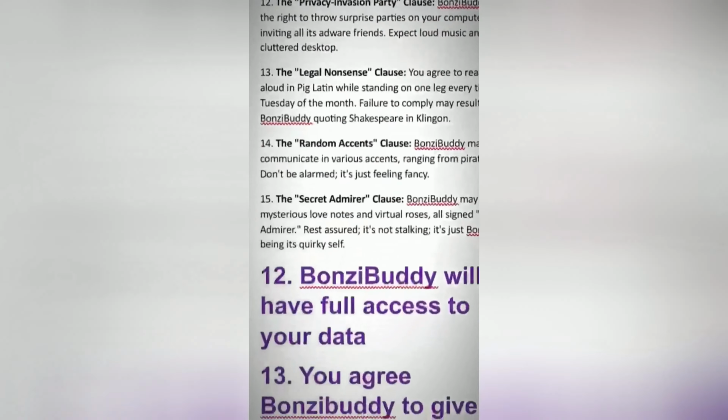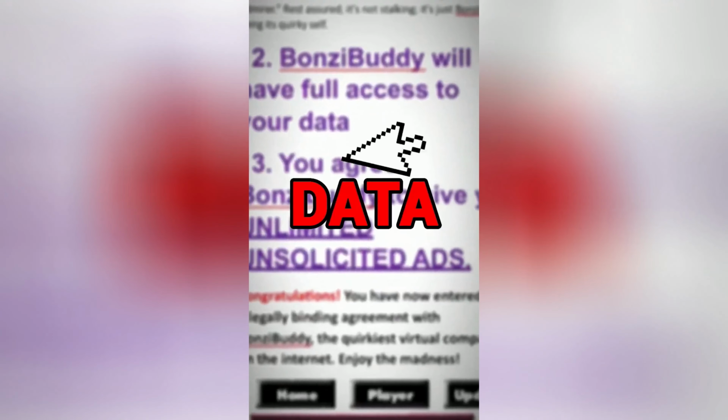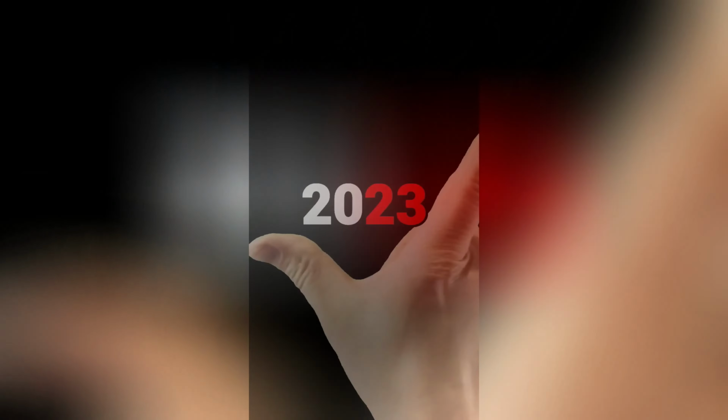What's spyware adware? Look in the comments. Secretly in the user agreement, users unknowingly allowed Bonzi Buddy to take their data for pop-up advertising, leading to Bonzi being sued. Bonzi Buddy is basically the 2023 version of